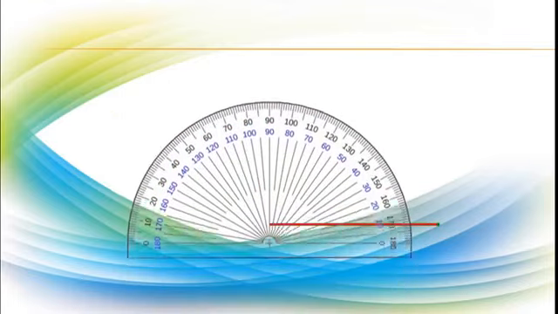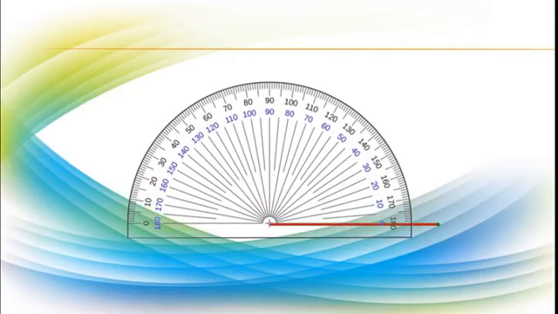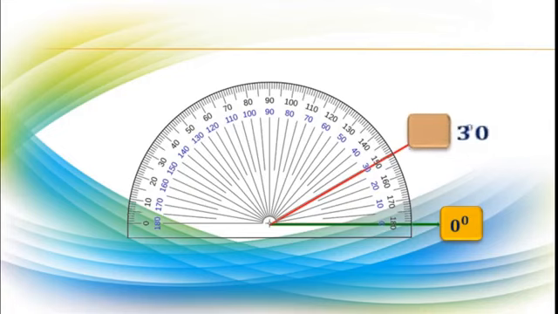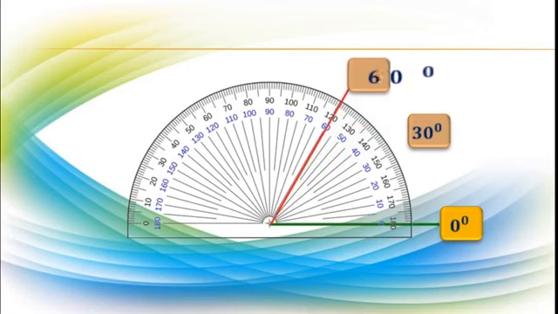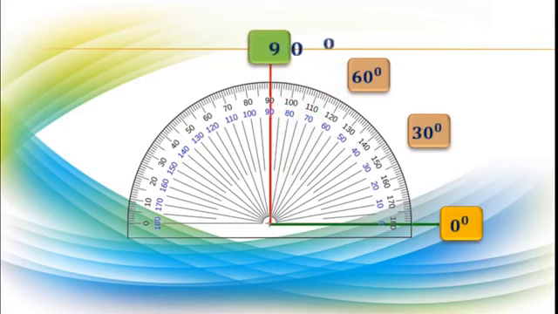Yes, students, we have drawn the line and we kept the protractor on this one. Now how to use the protractor and how to read the angle, I will show you. See, this is 0 degree. It moves slowly up. See the blue colored markings, because we started from the right side. So you have to observe the blue colored readings. That is 30 degree. Now we'll move further. Yes, this is 60 degree. You can read. Next, this is 90 degree.